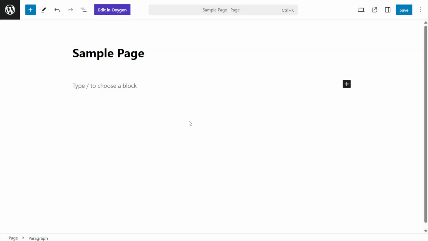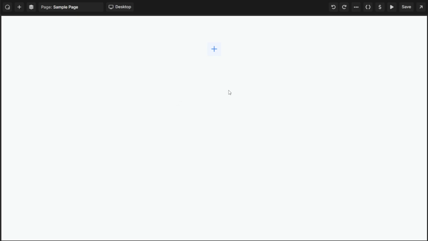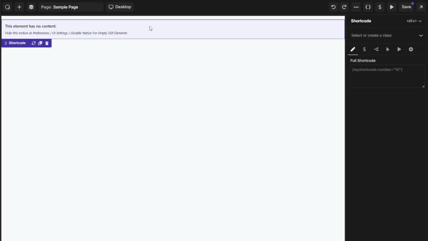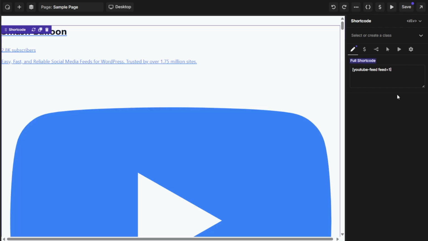And here we are now inside Oxygen Builder, so we can click on Edit in Oxygen. This will open up the page inside Oxygen Builder. To embed our YouTube feed, click on the plus icon, and we're going to search for a shortcode block, this one here. Once that block is added, on the right hand side, we can paste the shortcode that we just copied earlier like this. Next, we can click on Save and check out what it looks like on the live